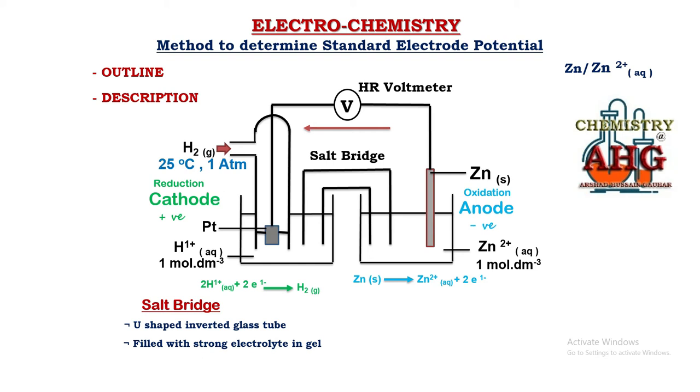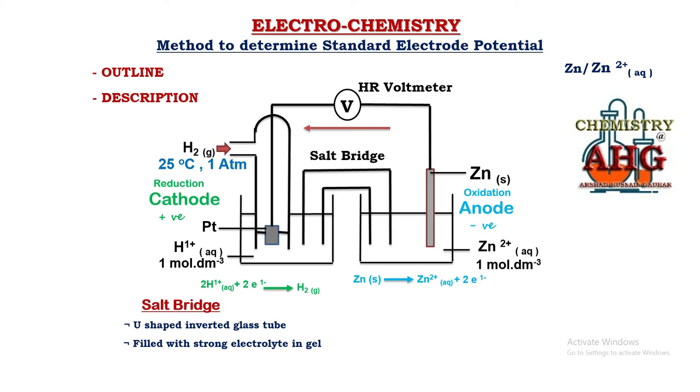The important thing that you must remember is that this electrolyte is dissolved in some solvent other than water, like we use a polar gel. Why do we use gel in this case? Suppose we use an aqueous solution, what can happen when we invert the glass tube? All the aqueous solution can pour out. So that is why we use a gel solvent, since gel is sticky in nature, so it not only keeps itself within the inverted glass tube, but it also keeps the electrolyte ions stuck within the glass tube, so the ions cannot come out of the glass tube easily. So this is the purpose of using gel.